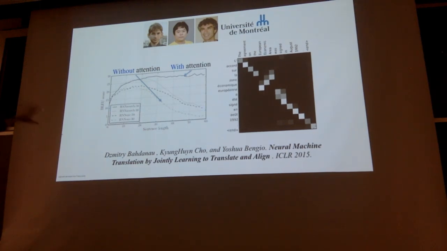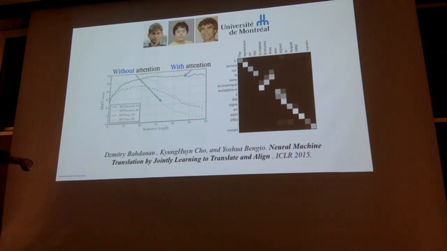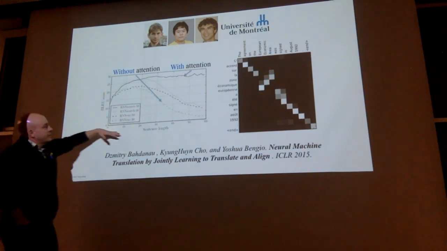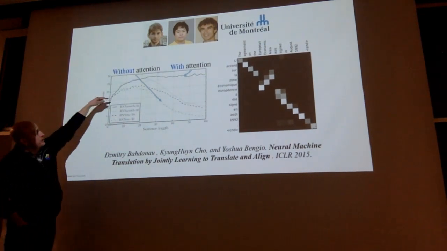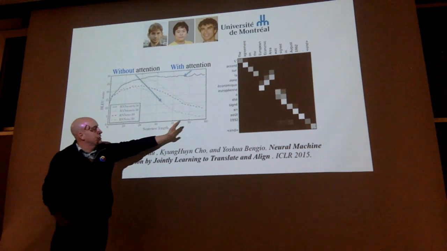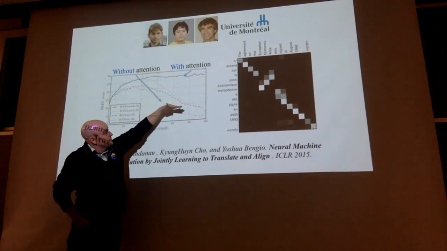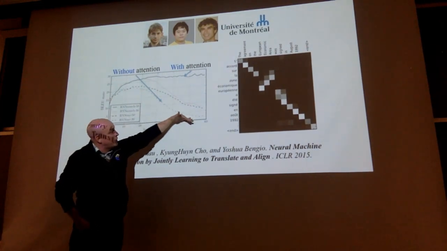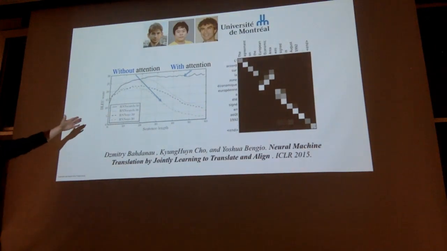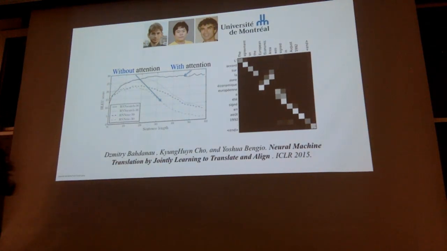What I'm showing you in this graph is a result coming out of this paper here, and I'm going to go through and tell you about the attention mechanism, what it is. But this is just the result. So you have sentence length here, and what you have is the BLEU score. So this would be the average BLEU score over sentences of length 30, 40, and so on. You can see that with seq-to-seq type models, the BLEU score goes down by quite a bit as the sentences get longer and longer. But with this attention mechanism, it plateaus and stays up high even as the sentences get longer. So this is definitely solving this